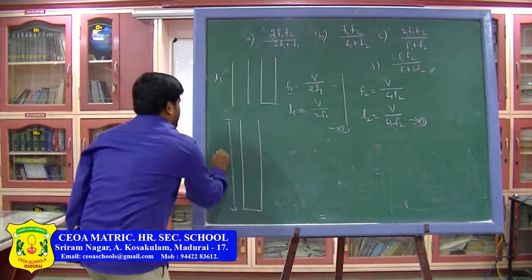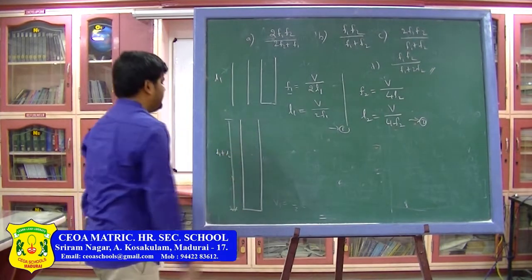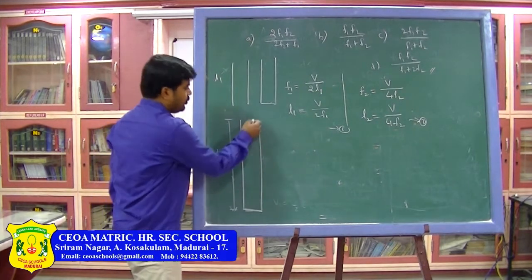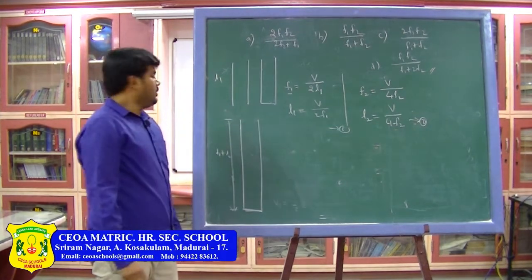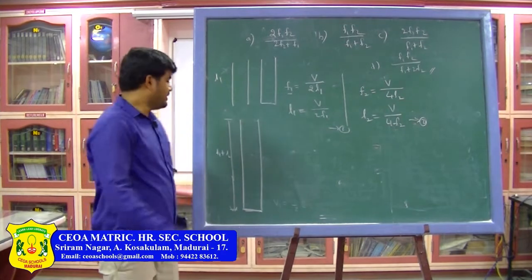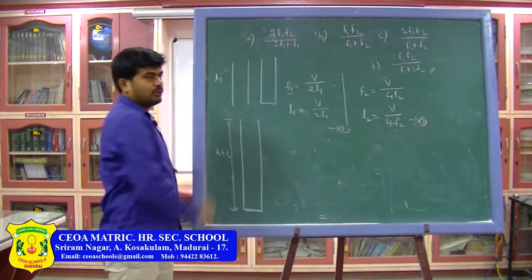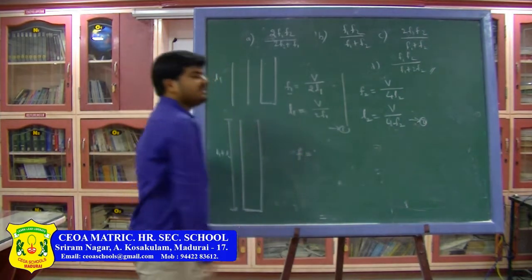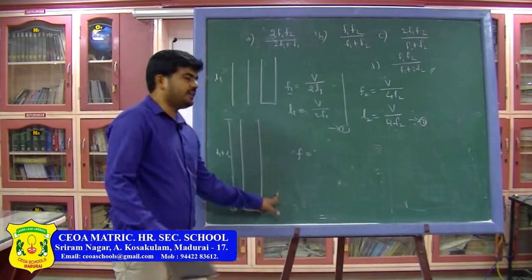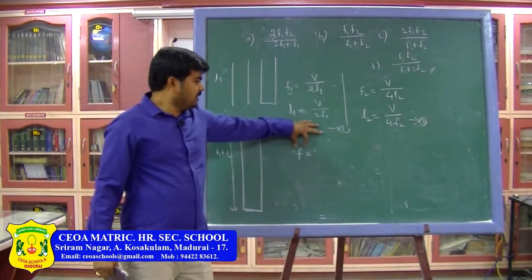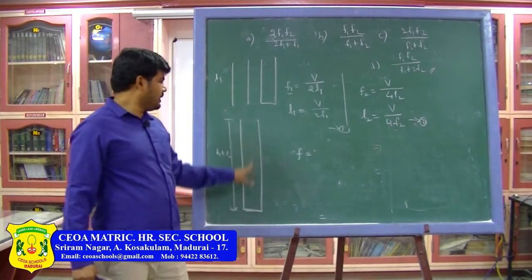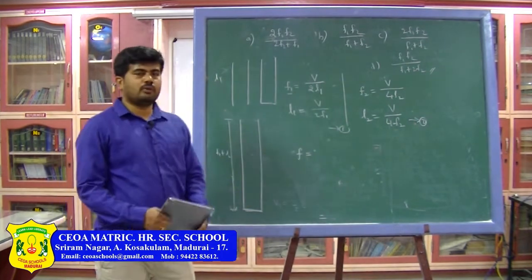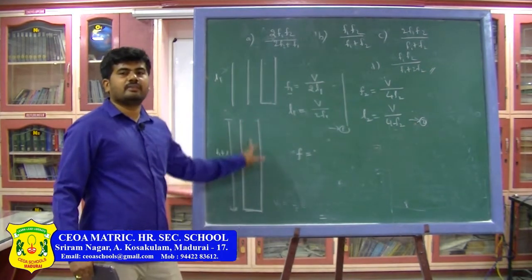So, this is a resultant pipe of length L1 plus L2, and remember, this other end is closed, one end is open. So, it is a closed organ pipe now, and its length is L1 plus L2. Now, let F be the frequency with which this pipe resonates. So, F is the frequency with which the air column in this resultant pipe is resonating. Then F must be equal to the fundamental frequency of this closed organ pipe.